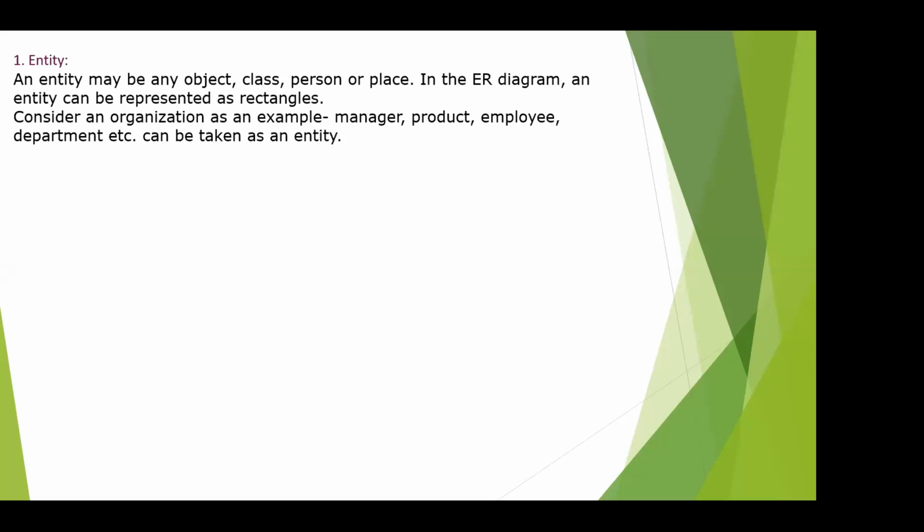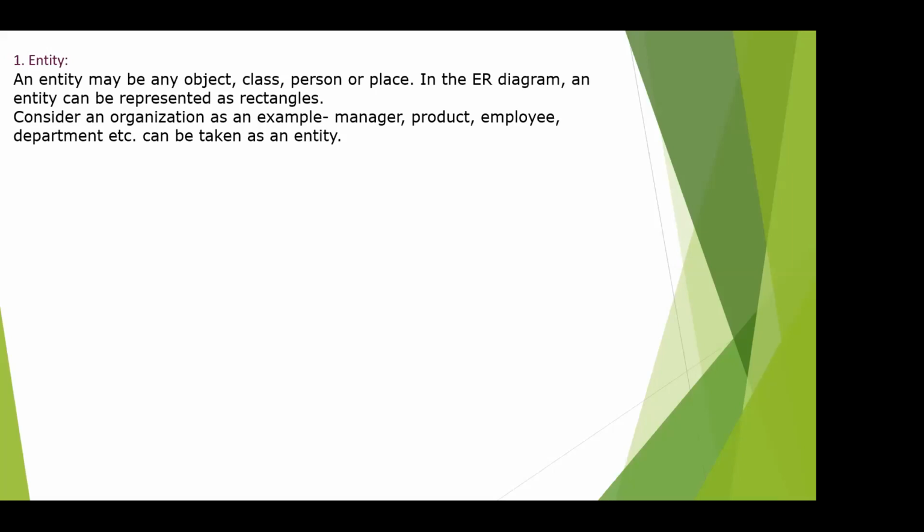For example, you can take our college as a small organization. The principal is an entity. The office staff, each and every individual person, is an entity. You can combine all the office staff as an entity set. And the faculty we are going to divide into professors and programmers. Professors are one entity set, programmers are an entity set. Each and every professor individually we can refer to as an entity, and each and every programmer we can refer to as an entity. All programmers we can refer to as an entity set.